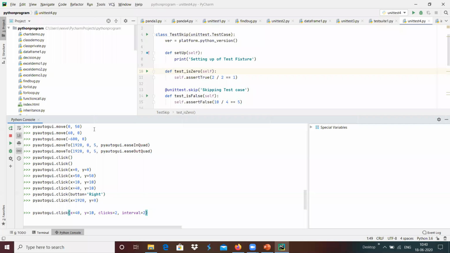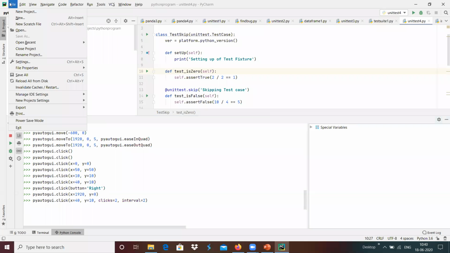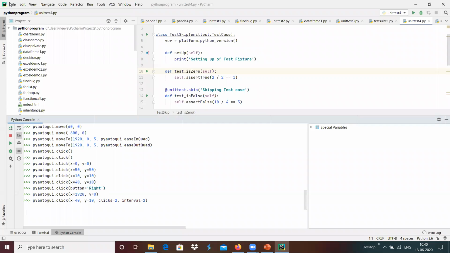Whenever we run this, the first mouse click has been generated. The control has been moved to 40, 10, and the mouse click has been generated, and we have given 2 clicks with an interval of 2 seconds, and the second click comes after that.